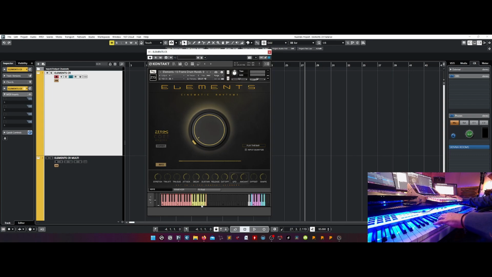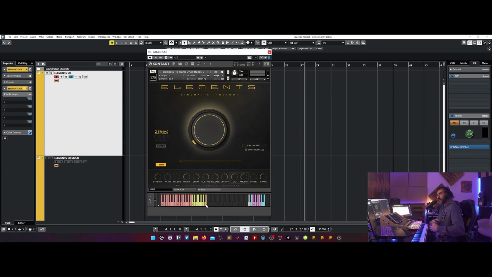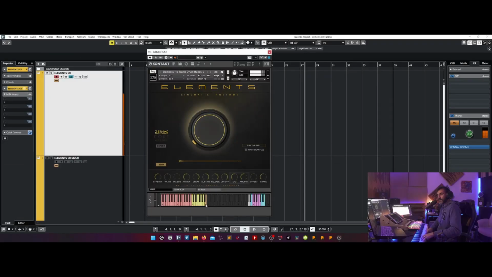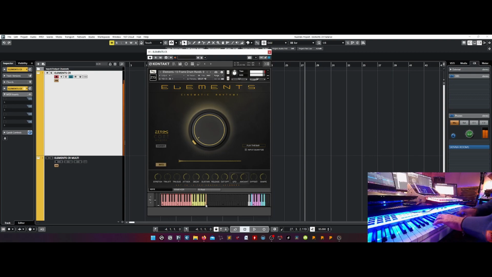And then remember that if you want the classic mapping way, where you have the dynamic levels mapped on one key and controlled by the MIDI velocity, you have that when you see this orange color, so you can also use the round robin playing this way.